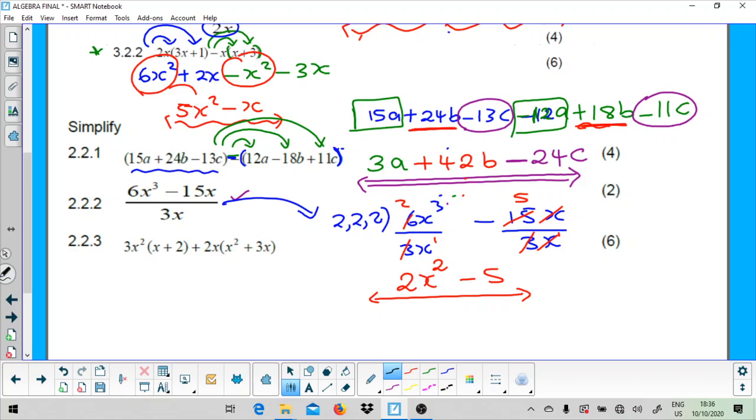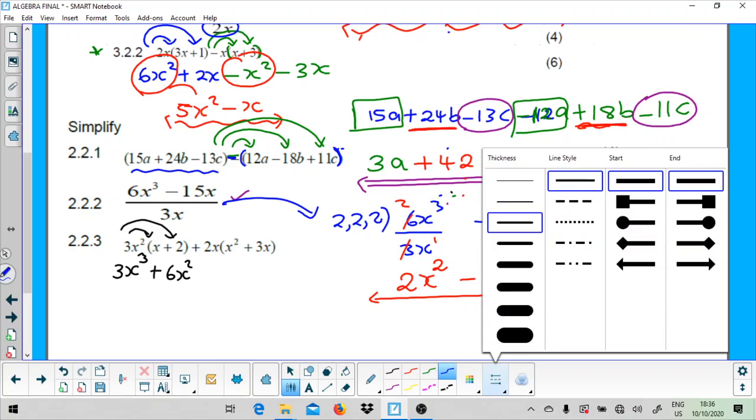So to finish it off, let's quickly figure out what you did on this one. This was again a challenge to distribute, so I hope you distributed properly. 2 things there, so it's 3, x squared times x to the power 1. Remember, you add the powers, so it will be x to the power of 3 now. Okay, and then 3 times 2, you get a 6, and then don't forget the x squared. I'm done with the first bracket. What about the